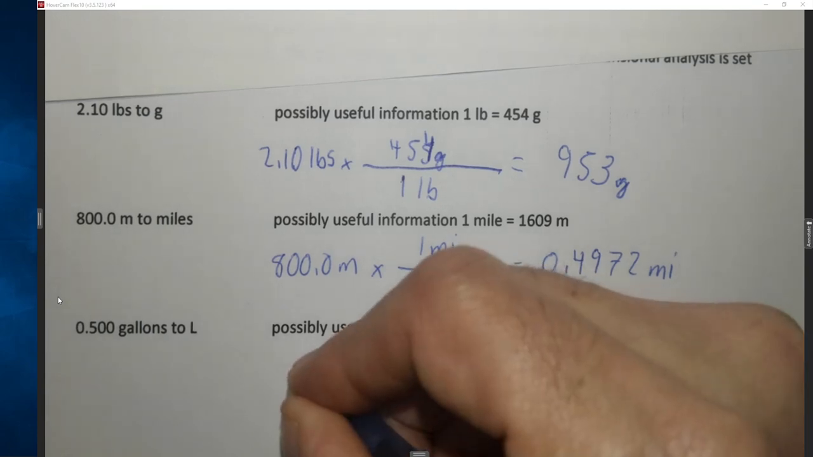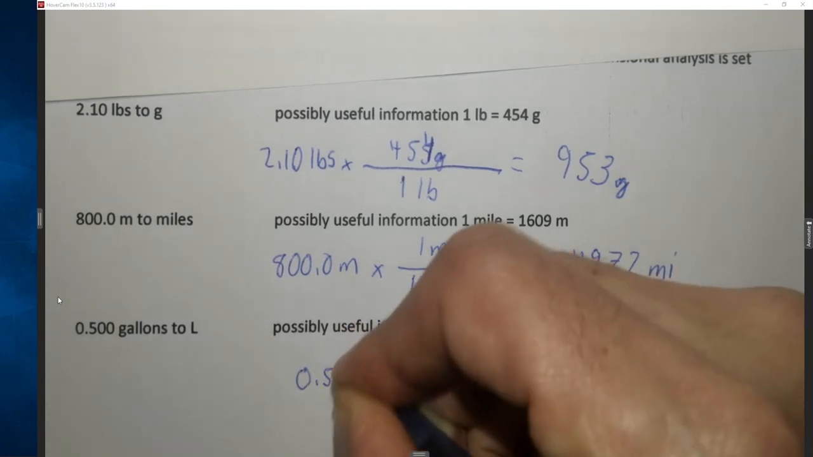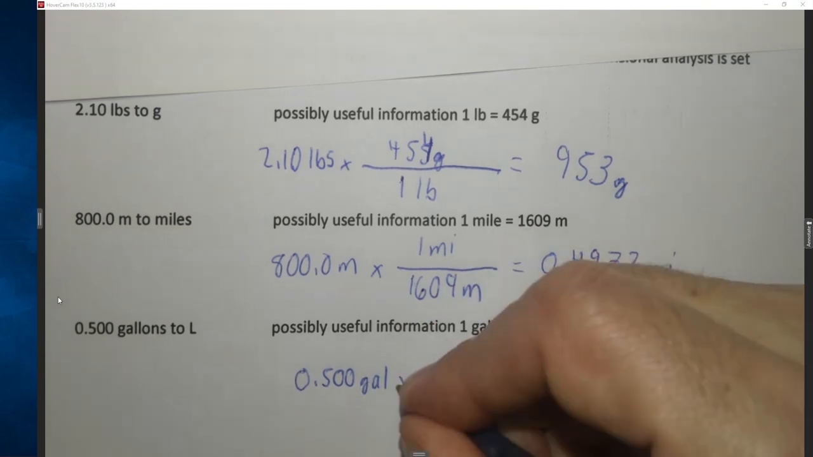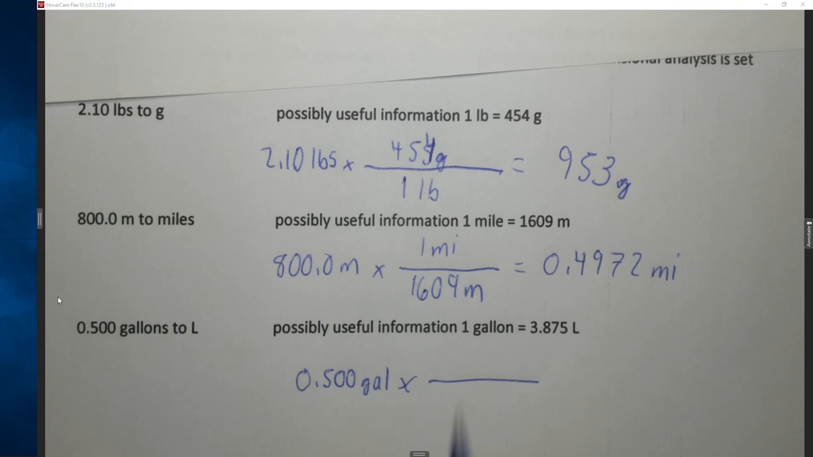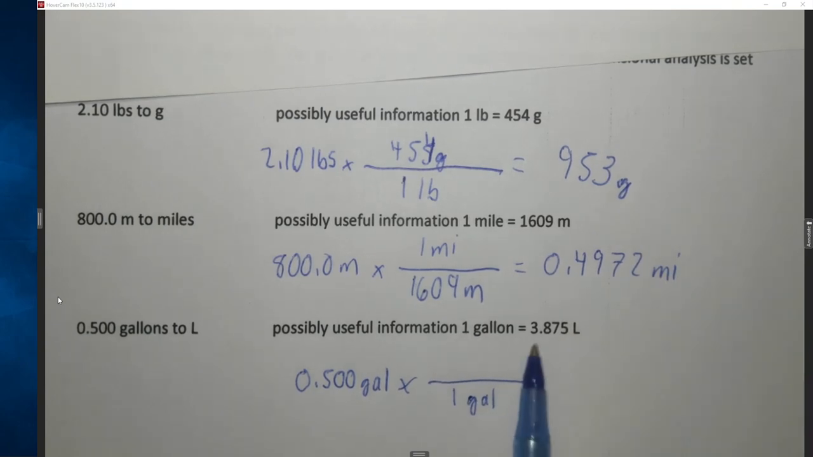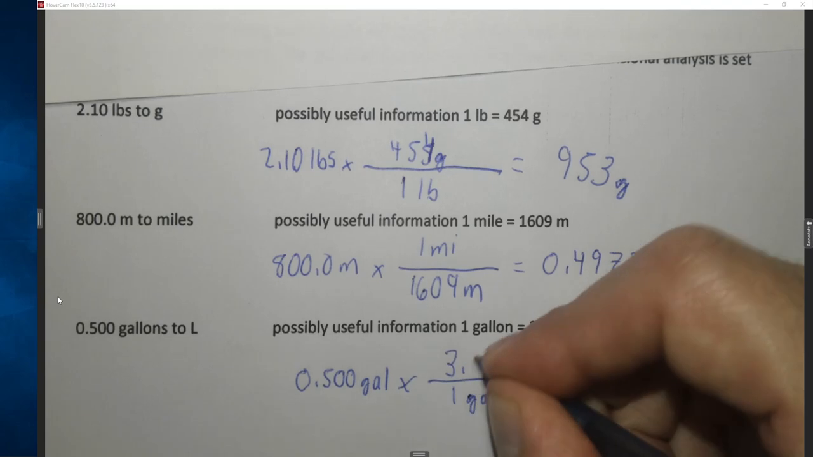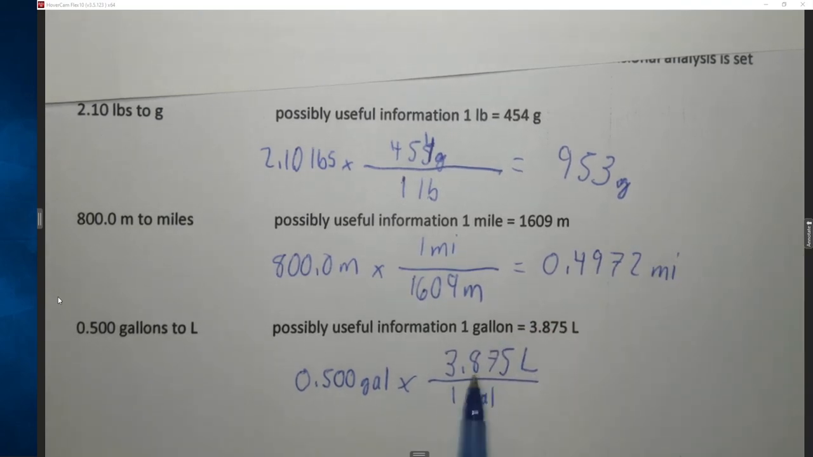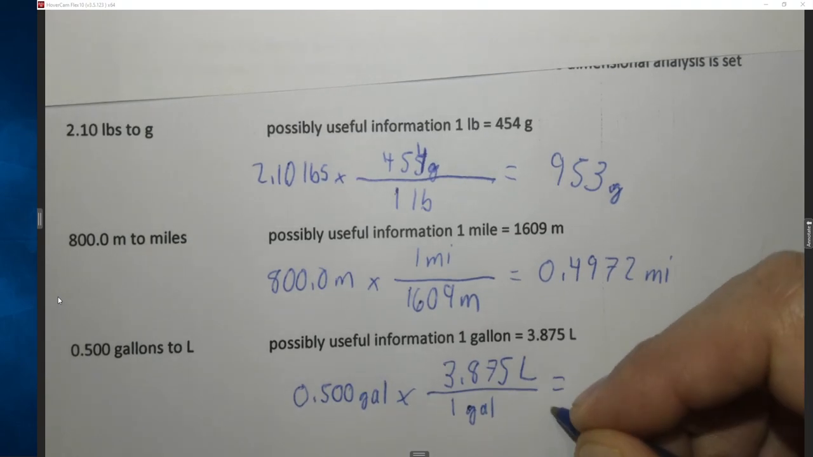So in this case, we're starting with 0.500 gallons, which is 3 significant figures, times, we want gallons to cancel out, so we put our 1 gallon on the bottom, and we want to end up with liters, so we put our 3.875 liters on the top. This is 3 sig figs, this is 4 sig figs, so our answer should have 3 sig figs, and when we do that, we get